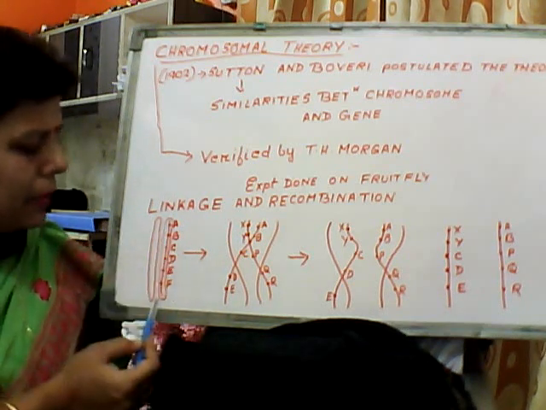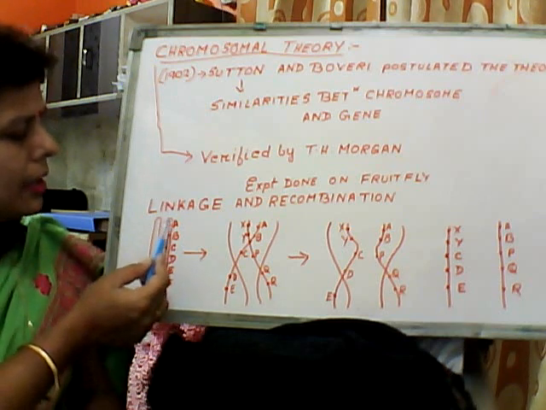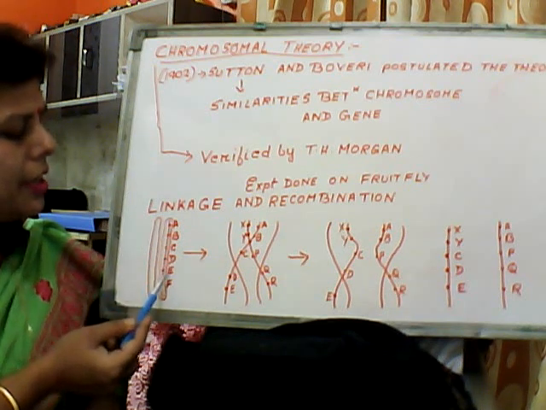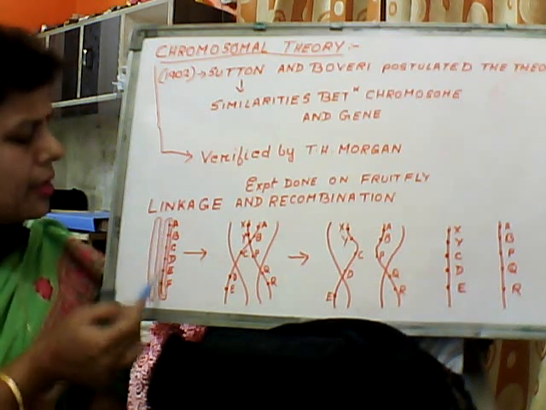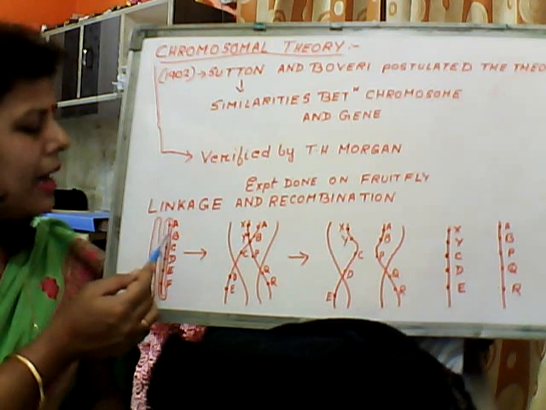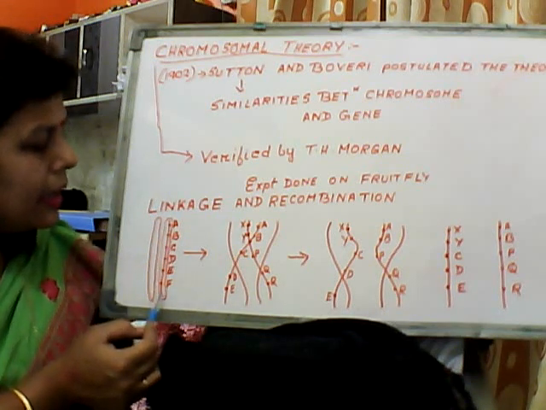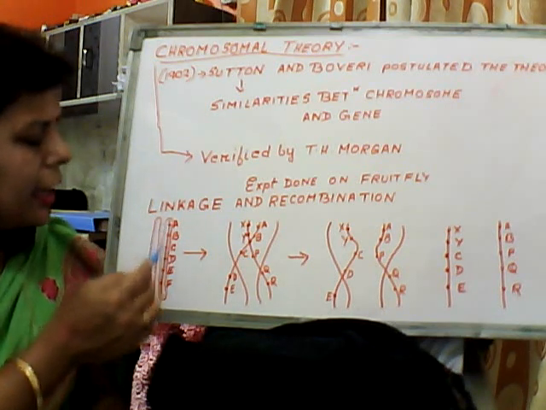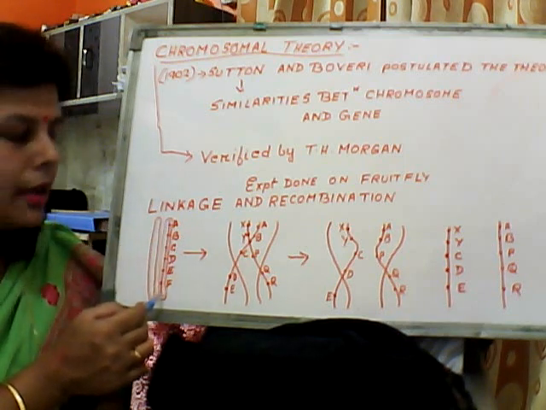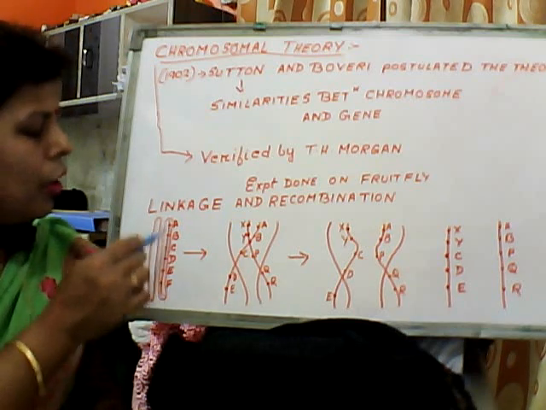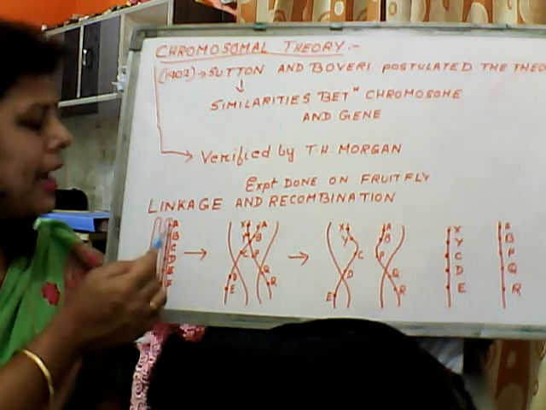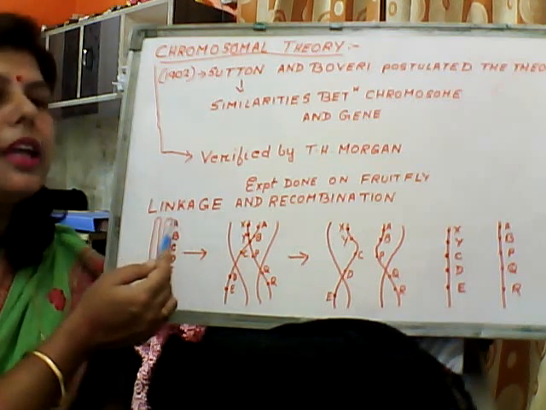Here I have shown just one example. You just see, this is a particular chromosome having genes, which I have named A, B, C, D, E, F. So these are the genes linearly present in a particular chromosome, what we can call a linked group. Now when this whole set of genes present in a particular chromosome is transferred to the next generation, to the next offspring, then it is said that it has performed complete linkage.